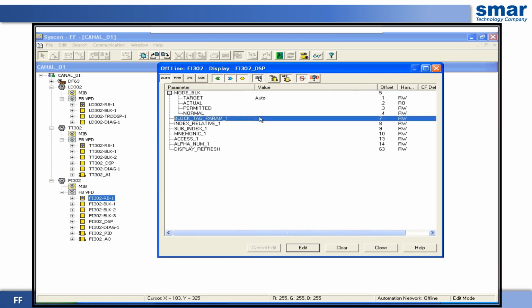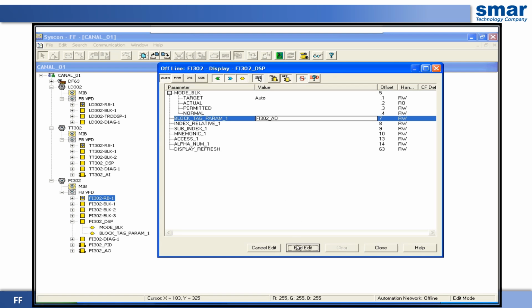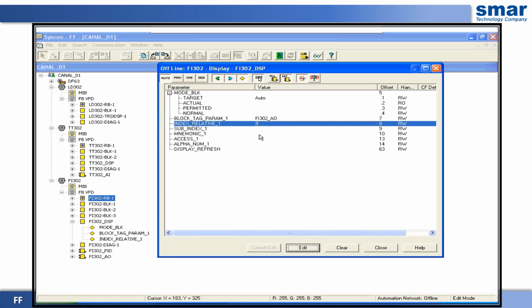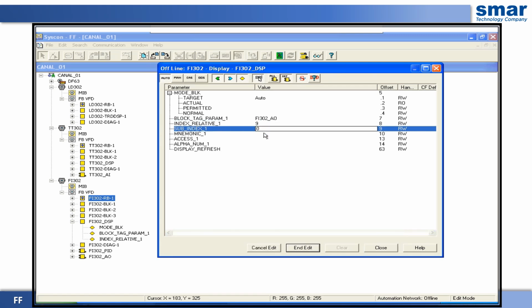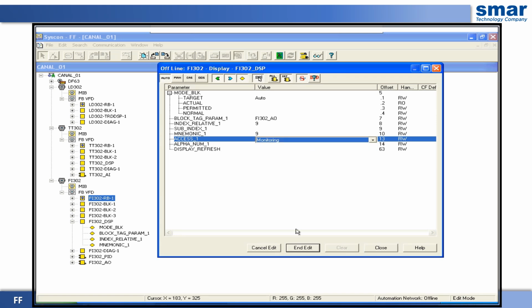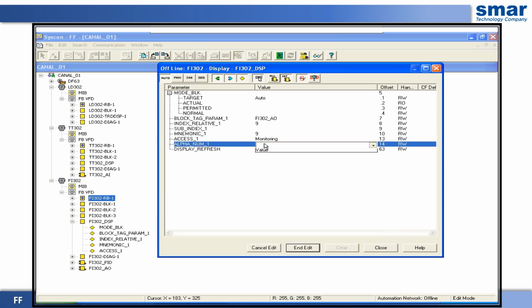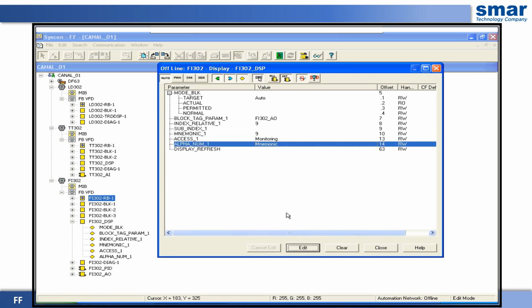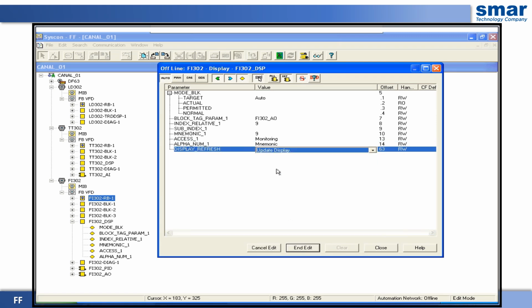It is already in auto mode. We will set the parameter that we want to track. In this case, we will refer to it as MV. FI 302, but we will use the name MV, which is the text that appears there on our monitor. The mnemonic now is MV. And the index is 9. We will monitor the variable.